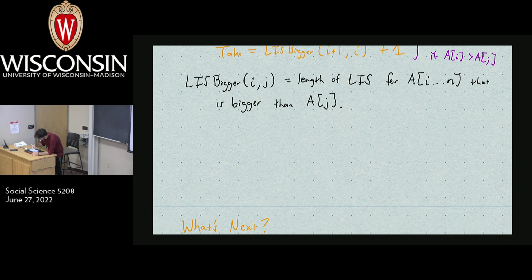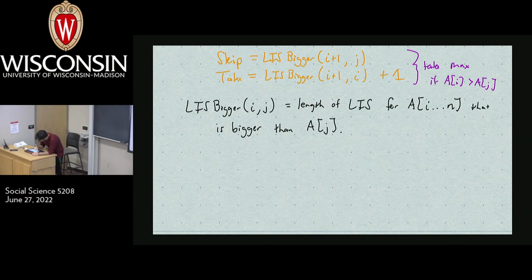And then what's the actual recursive definition? We have LIS bigger of I, J is equal to